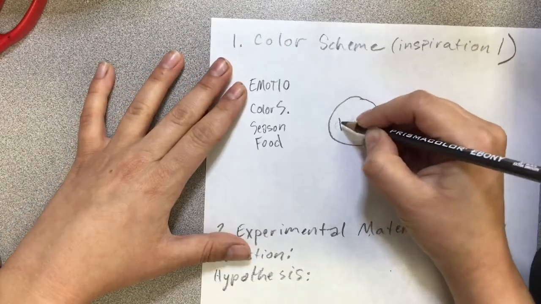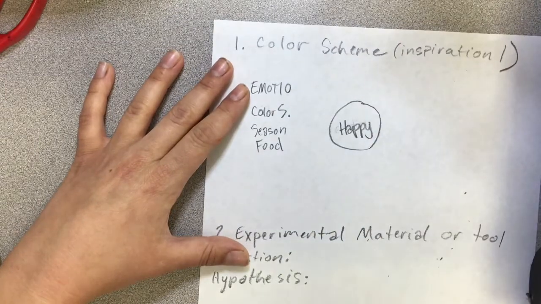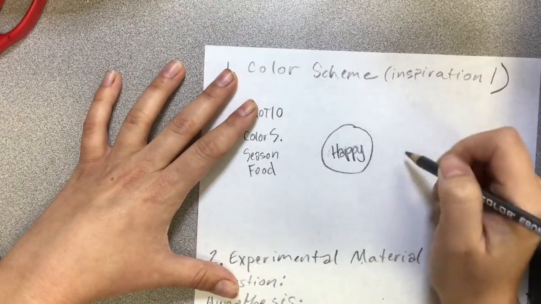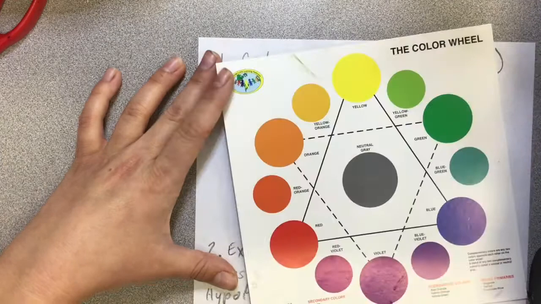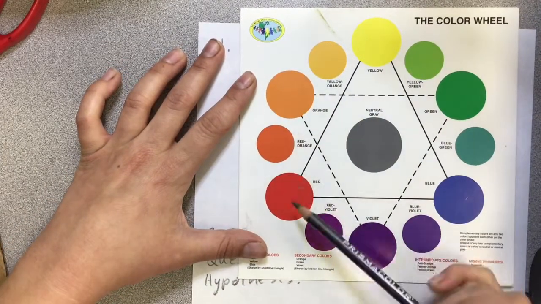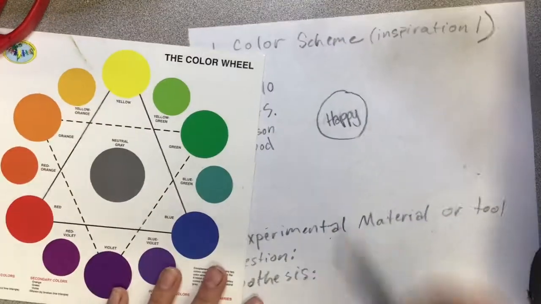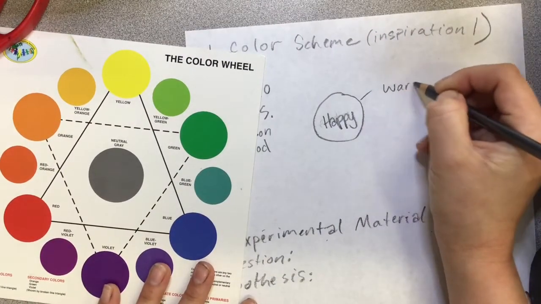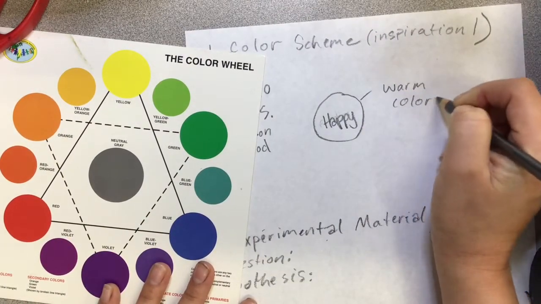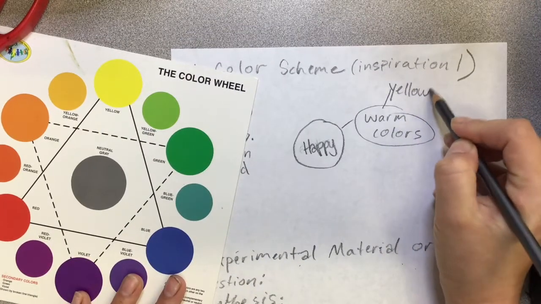Is it like happy? Then I could do colors to show happiness. So here I'm looking at a color wheel. And I'm remembering the warm colors kind of excite your eye, make you feel happy. So I'm going to use bright colors, and I'm probably going to use mostly warm colors. So I could branch off warm colors. I could describe the warm colors: yellow, red,